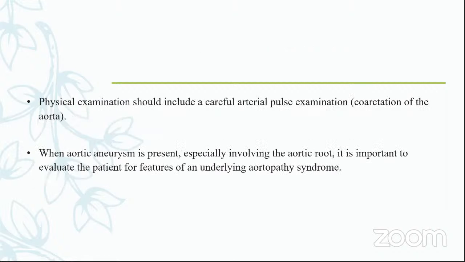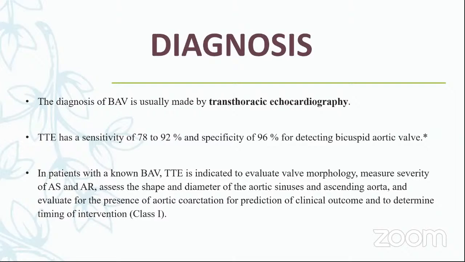The physical examination should include a careful arterial pulse examination to exclude coarctation of the aorta, which can occur with the bicuspid aortic valve also. When aortic aneurysm is present, especially involving the aortic root, it is important to evaluate the patients for features of underlying aortopathy syndromes. So how can we diagnose